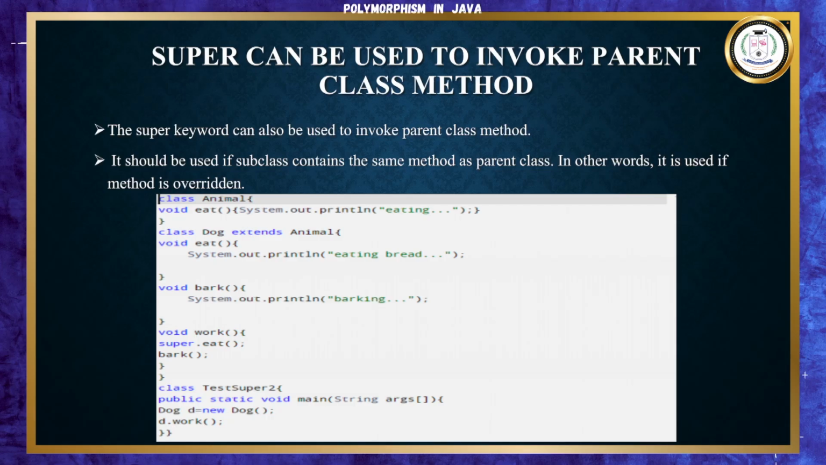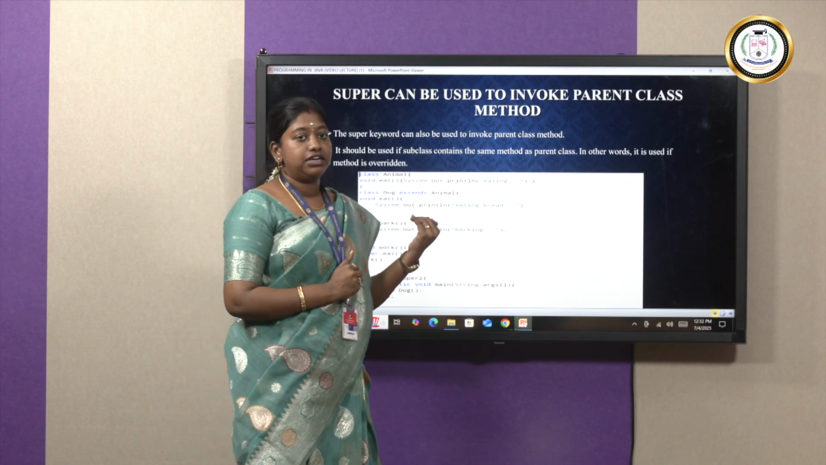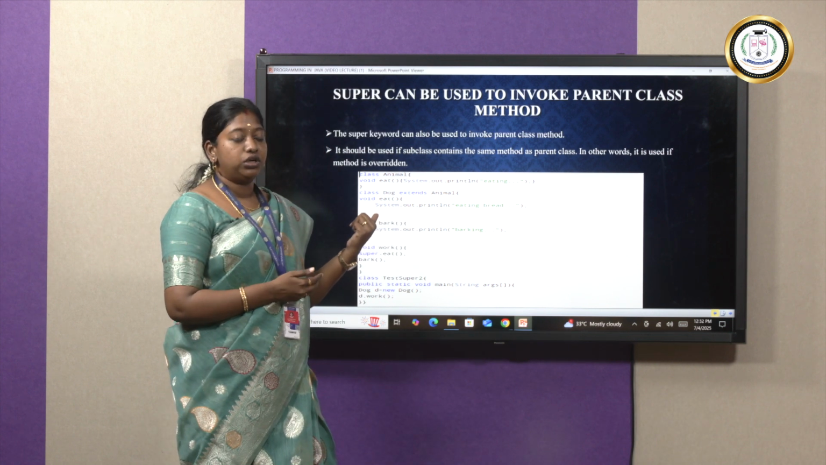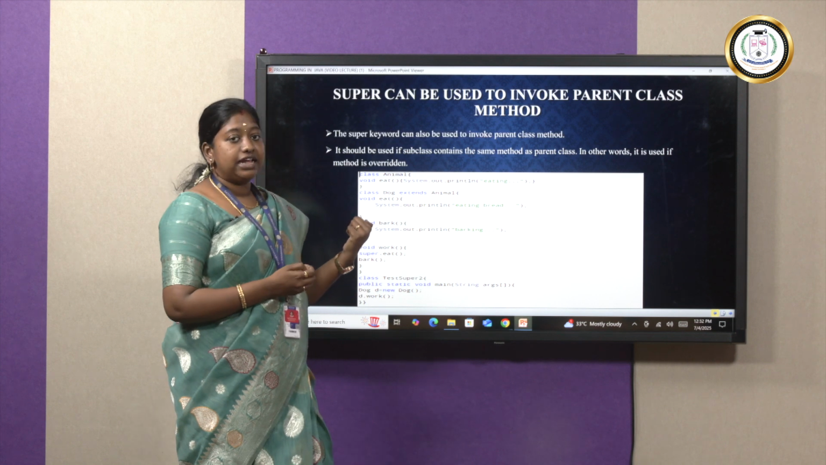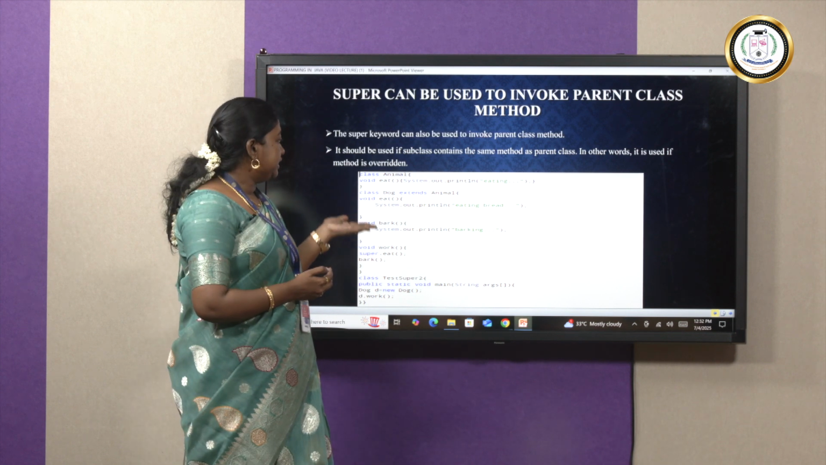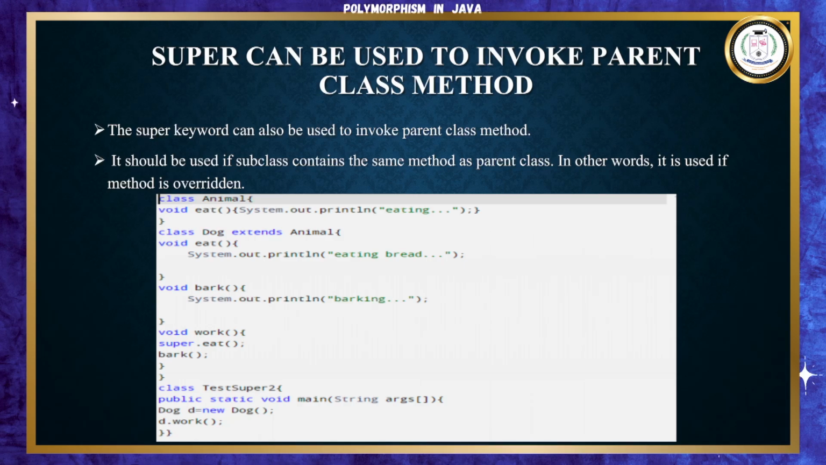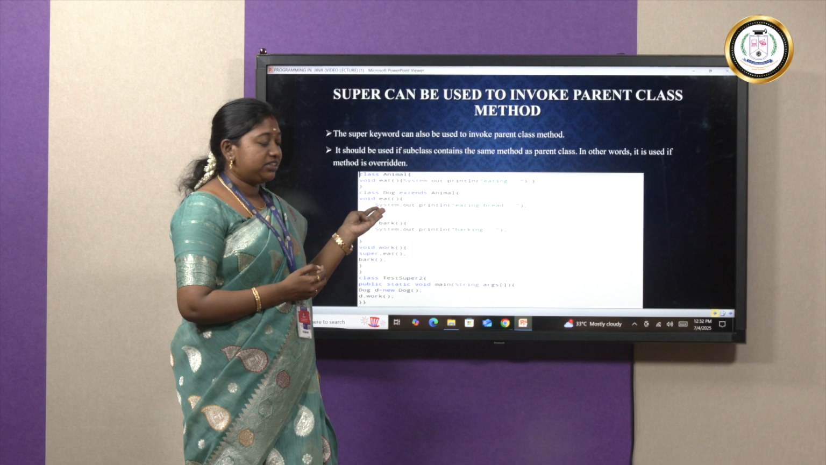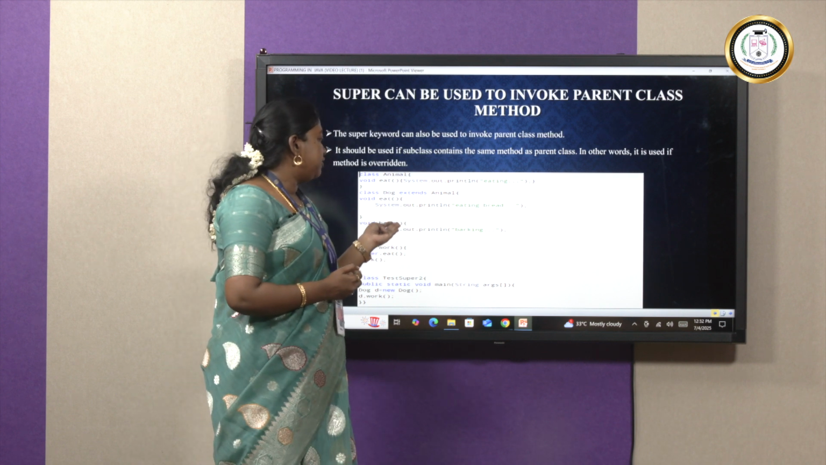So the next thing is that the super keyword can be used to invoke the parent class method. Previously we have seen that it is invoking the parent class. Now we are going to see how it invokes the parent class method. Method is nothing but the function name. So in this example, class animal has void eat. So animal is a parent class, eat is a method, and another class is defined here as dog, which extends the parent class. Again eat is the same, the function name is repeated, and bark is a function which is defined inside